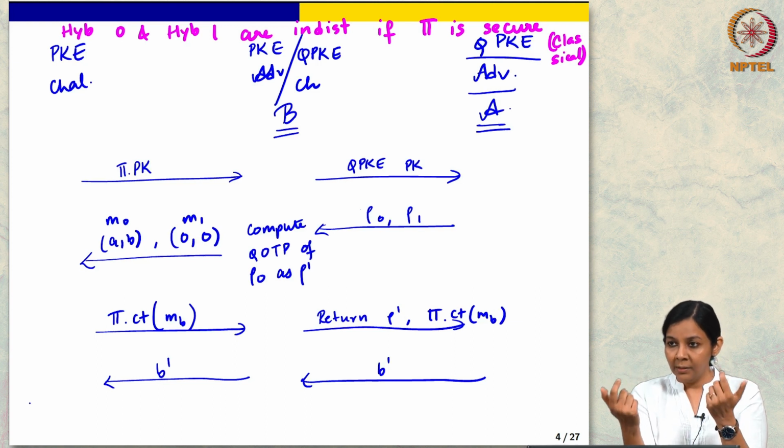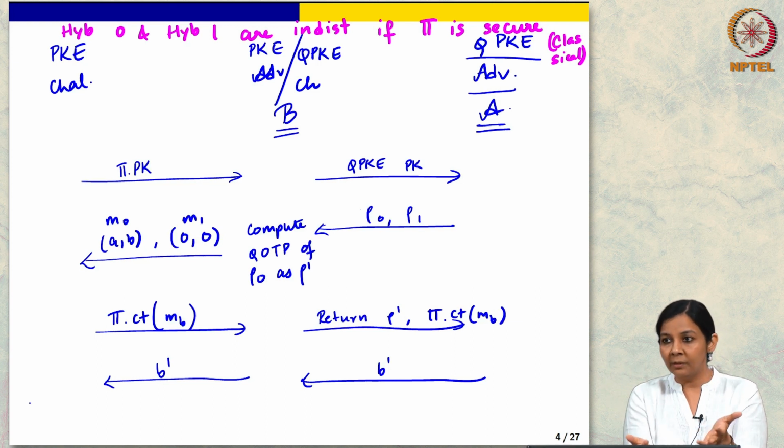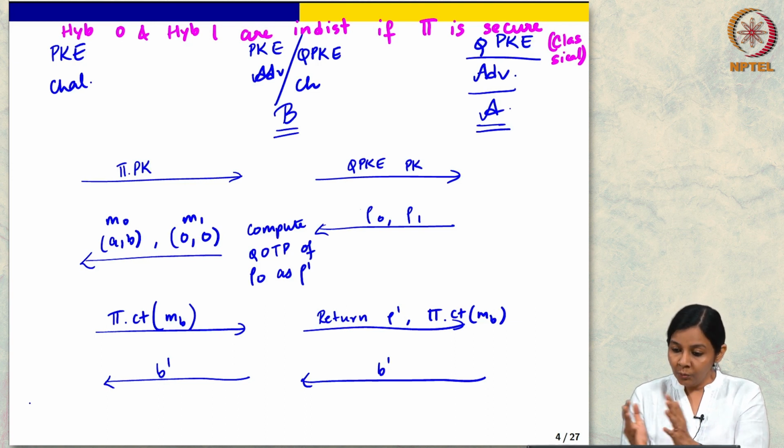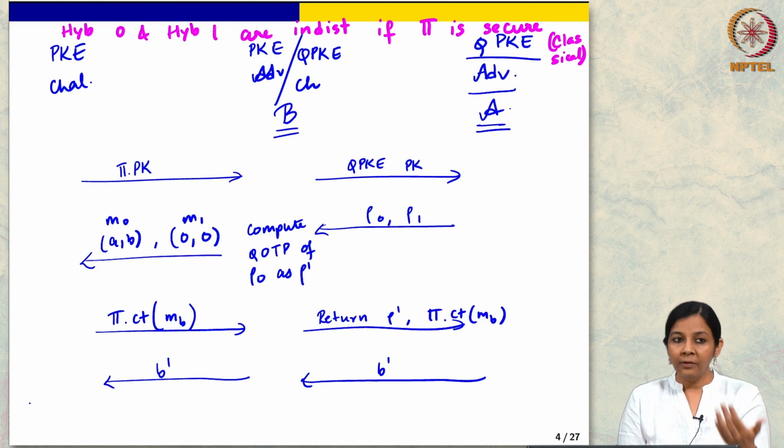I am changing the distribution, and of course, I need to change the distribution because I need to get to the final hybrid where I have an encryption of row 1, right. But why was it okay for me to do it? Because I was able to do this reduction, which says that I can use the security of PKE, right.